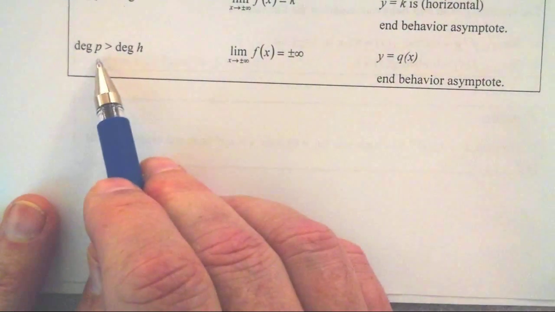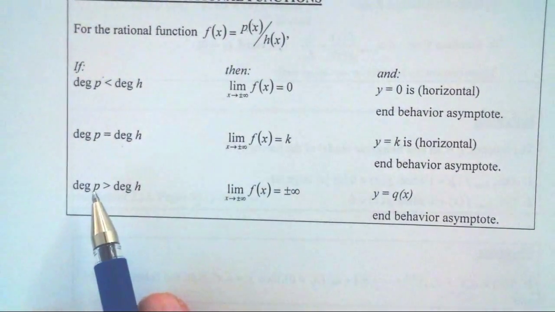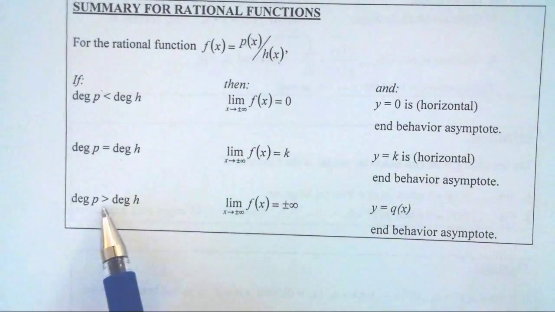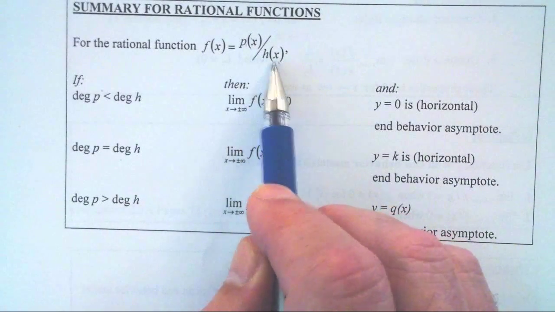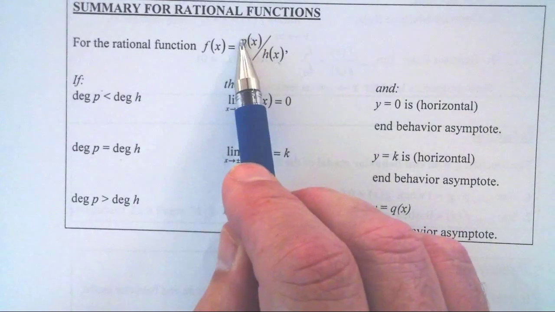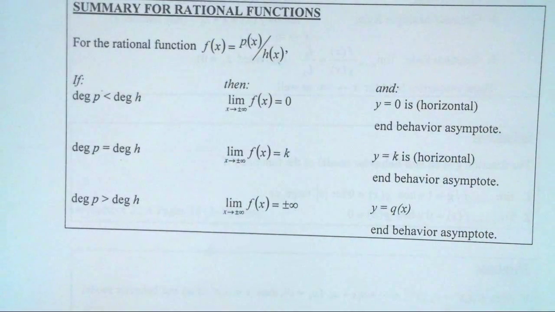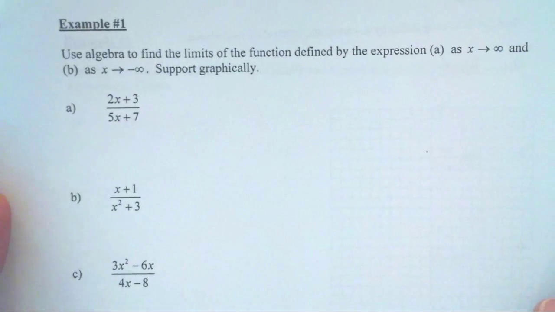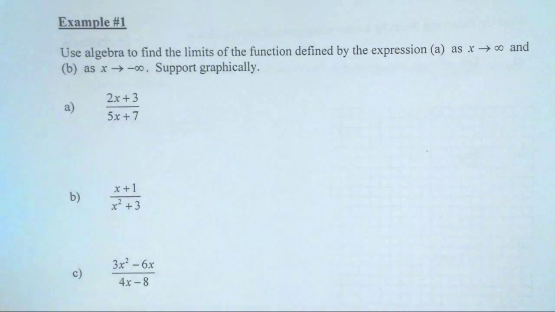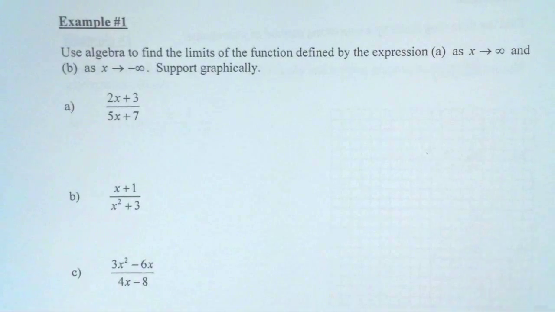And if the degree of the numerator is bigger than the degree of the denominator, like third degree over first degree, there's nothing to keep that third degree in check. It's either going to approach infinity or negative infinity, depending on the sign. But all of this is going to make sense when we go through some examples. I'm going to overkill a couple of these with graphs just to kind of review graphing rational functions. So we have this function